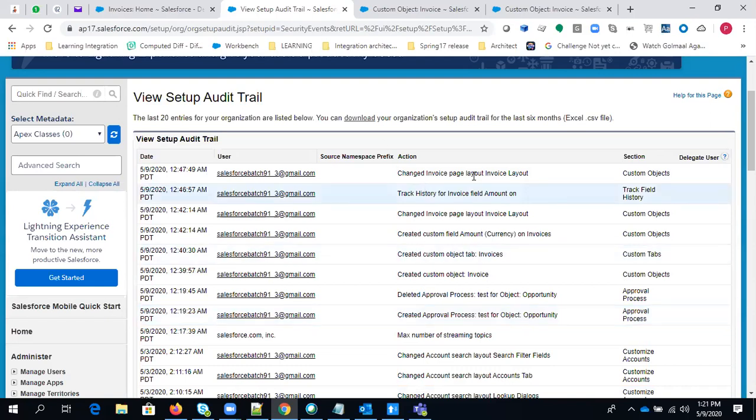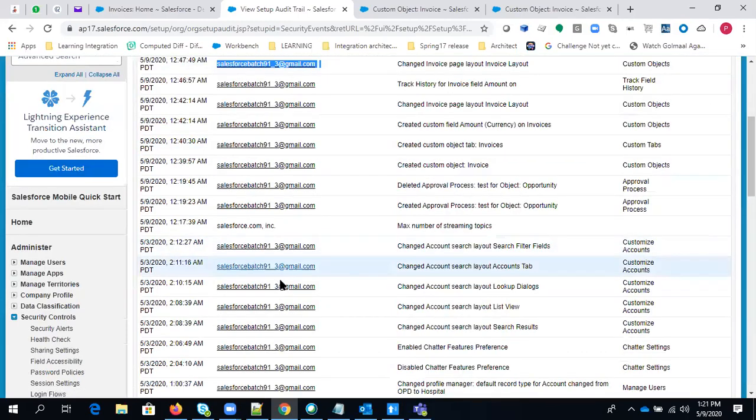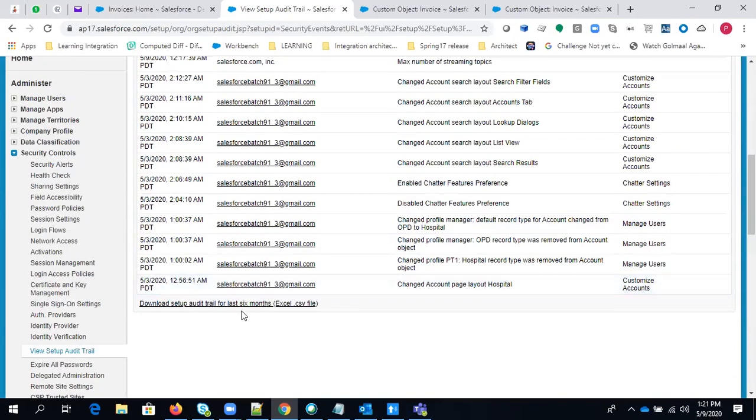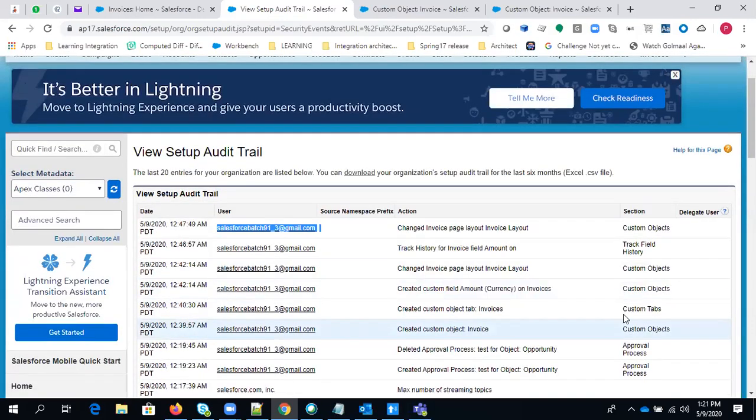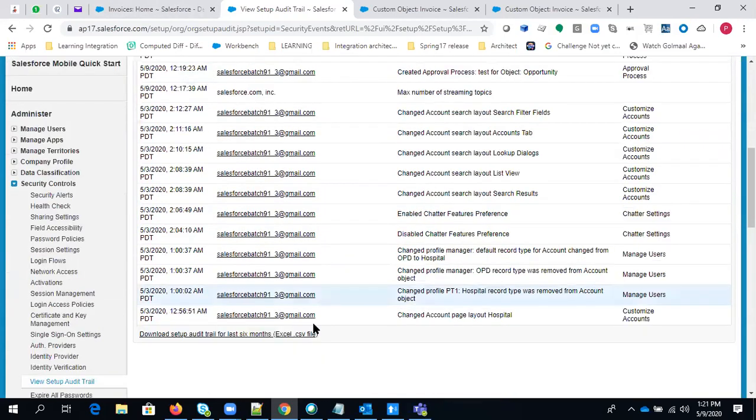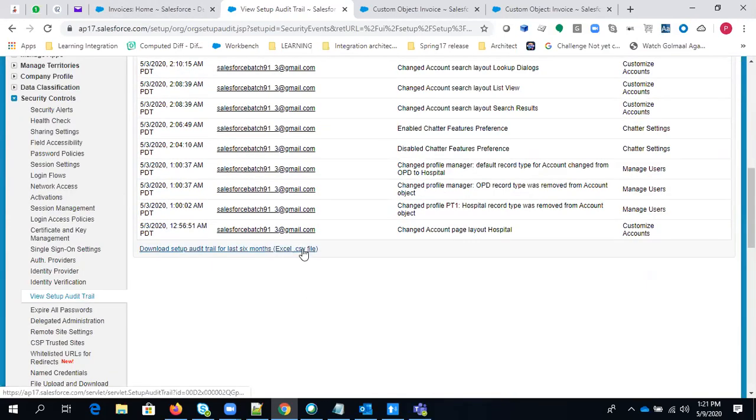You can see, for example, change invoice page layout in custom object. The change was done by this user, and this is the time. Each and every change you will get here, and you can also download. It will capture the changes for the last 6 months. It will only show you some records on this page, but you can download it in an Excel sheet just by clicking here.